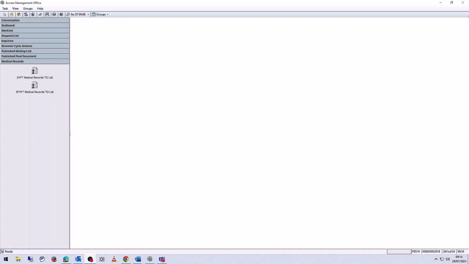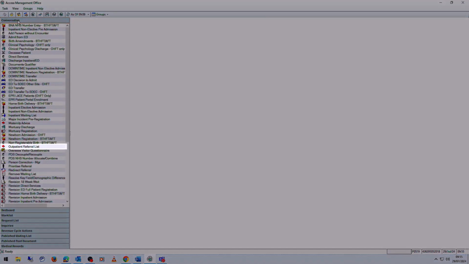To begin this process, you will need access to PM Office and ensure you have full smart card access to the system. This video assumes a user has had the appropriate training before conducting this process, with no supervision required. In PM Office, from the top left, please click on the conversation band and navigate to and select the action